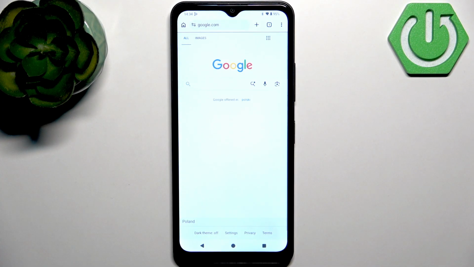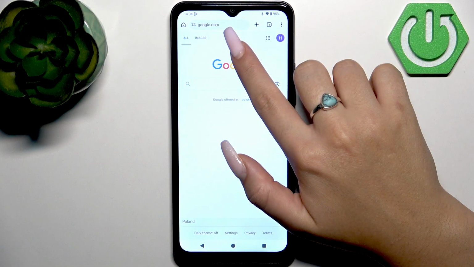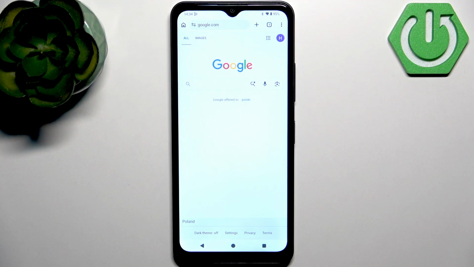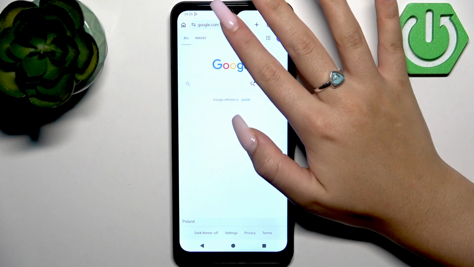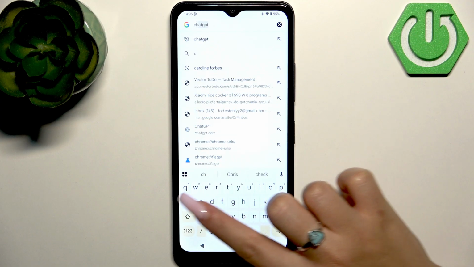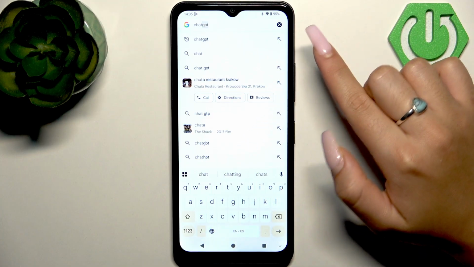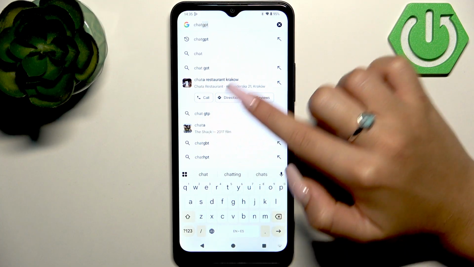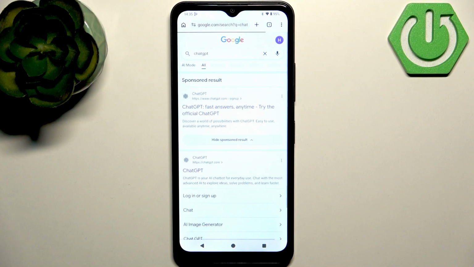Let's tap this application to open it, and here at the top you can see address bar. We'll need to use it to type website address or simply type in basically any website that you want to open. For example, I want to search for ChatGPT. I will type using my keyboard ChatGPT, and here from the results I need to tap on result and search